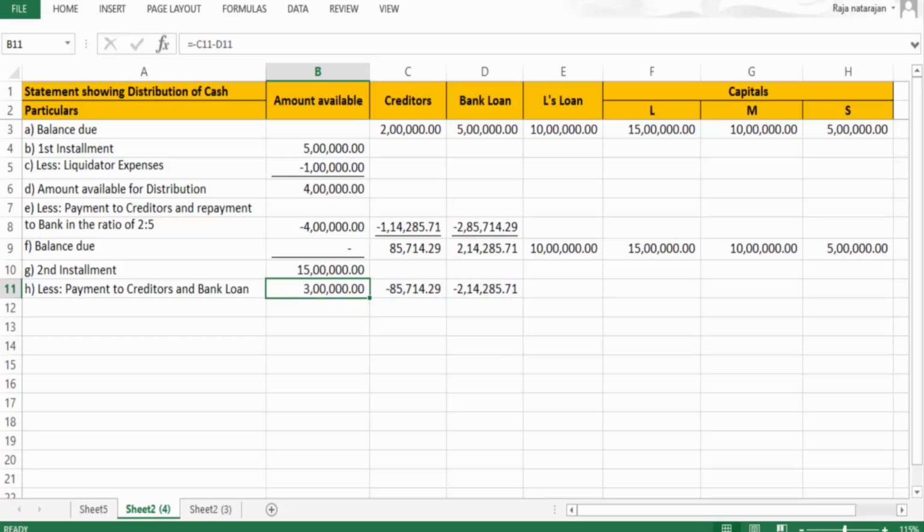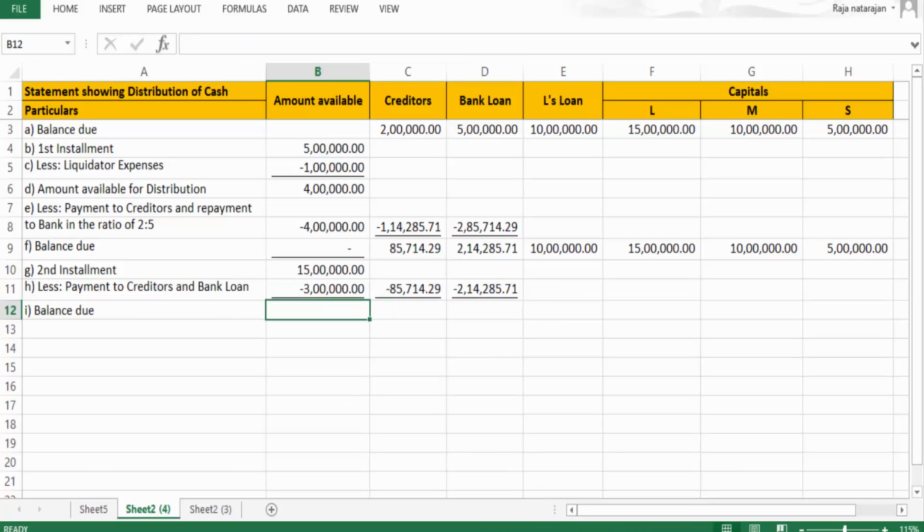It's 3 lakhs. So this 3 lakh I have to deduct from this 15 lakhs. So let me show that with a minus sign. This 3 lakhs has to be deducted, and that's what is getting paid here. Okay, so item I, the balance due. Again we are going to check the balance due. Let's see, it's 15 lakh minus 3 lakhs, it's 12 lakh, whereas here